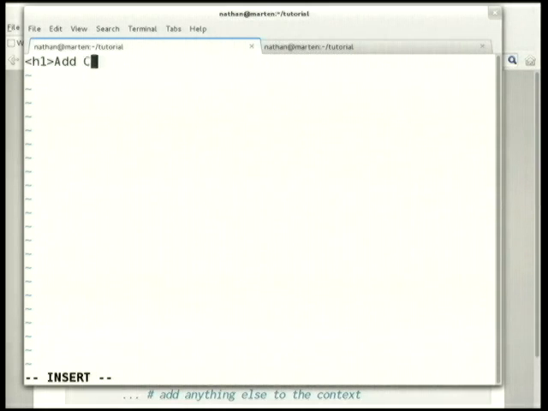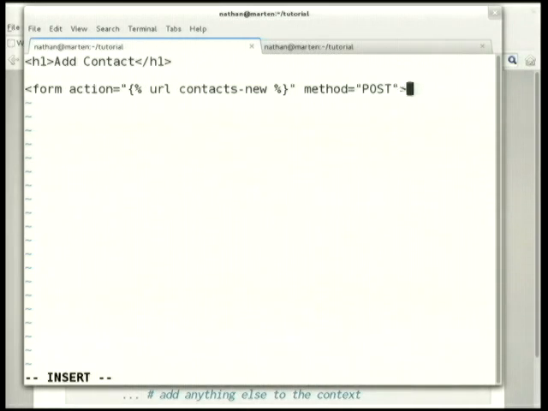So I'm going to give it a title. So what I'm doing here is